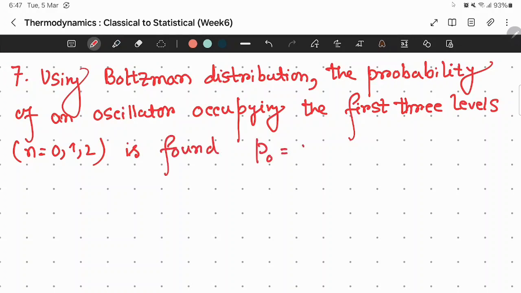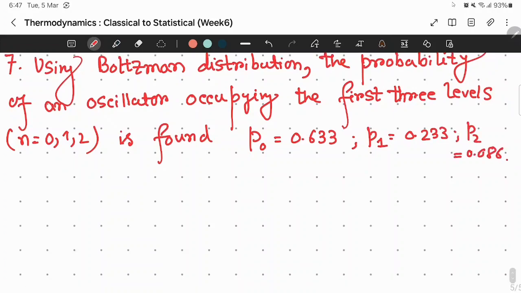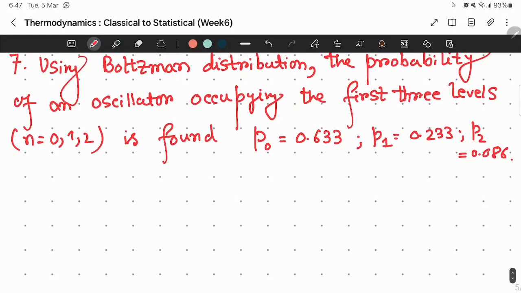P0 is 0.633, P1 is 0.233, and P2 is 0.086. Okay, then they have asked that